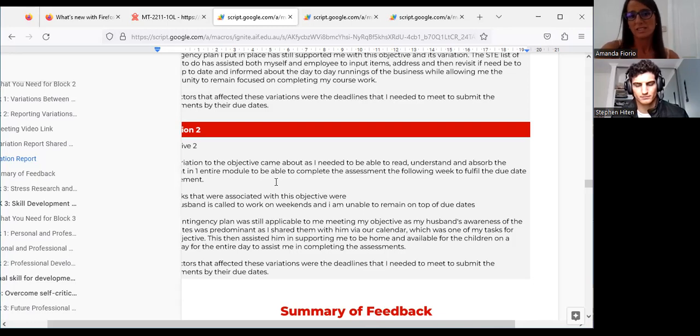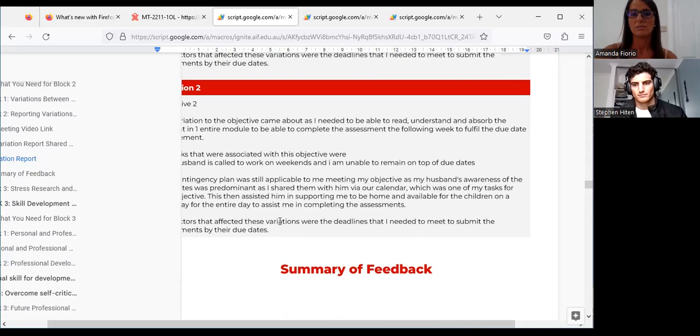It just meant that my husband, who works weekends, needed to be aware of what needed to be completed on my behalf so that he is home to be with the children and attend to them, which he's been able to assist me with. And therefore, I've been able to meet the deadlines to submit my assessments by their due date.